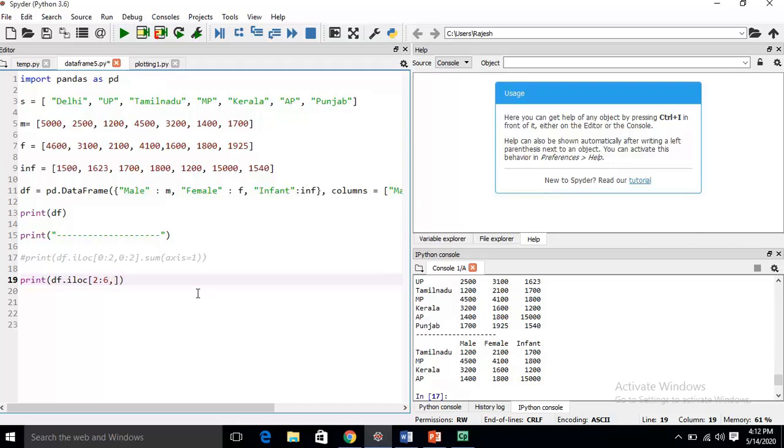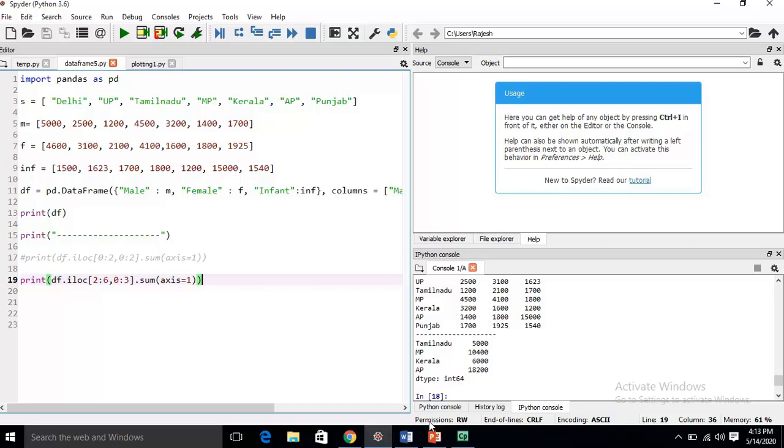It means if you require all the columns, you need not write this 0 for the beginning index and this end index. It can run without this. It is a clear indication that we require all the columns. But when you require only some columns, not all, then you use 0 and 3. Is it okay? Now here we are going to perform the sum operation, and you see it is showing the population of all.